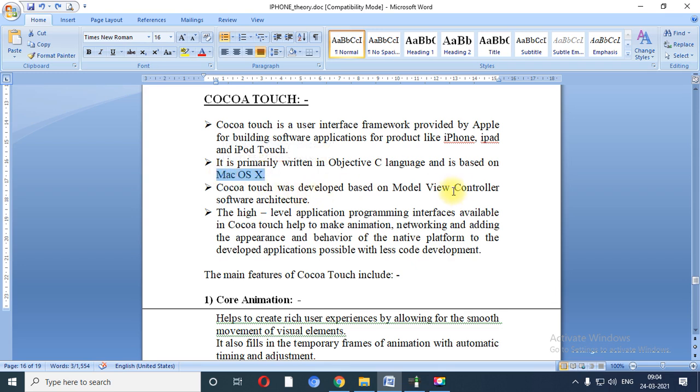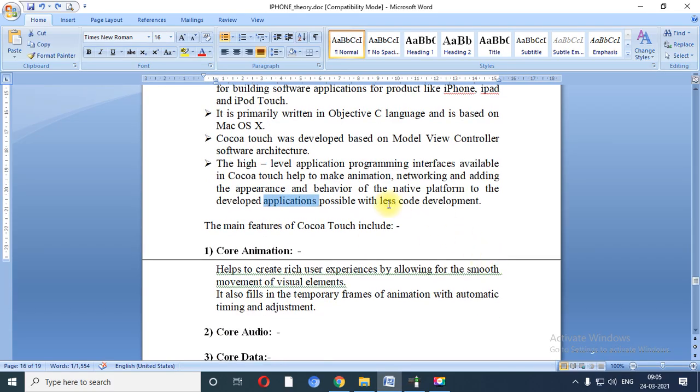Cocoa Touch was developed using Model View Controller. It is a higher level application framework using which you can develop applications like animation, networking, and you can change the behavior of your developed application by changing a small amount of development code.